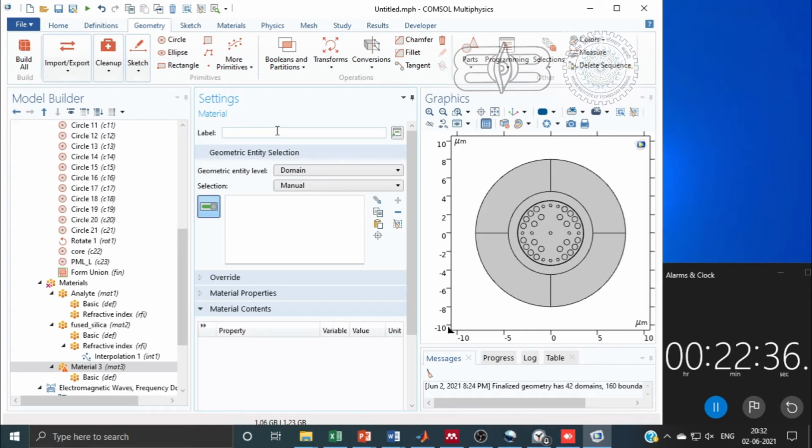Now we will add another material, that is gold. So we are changing the label and labeling it as gold.